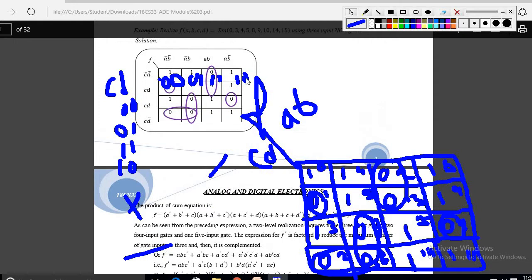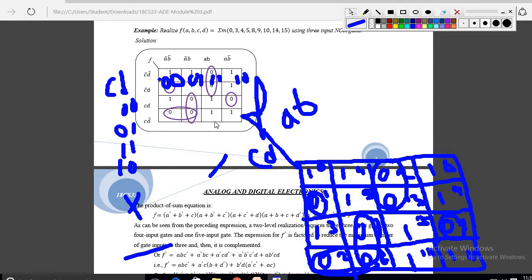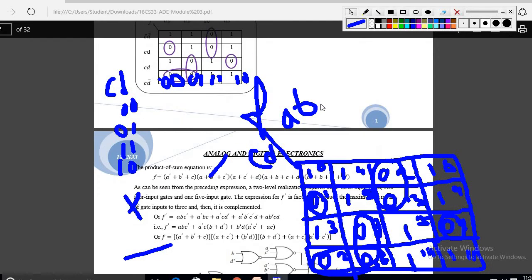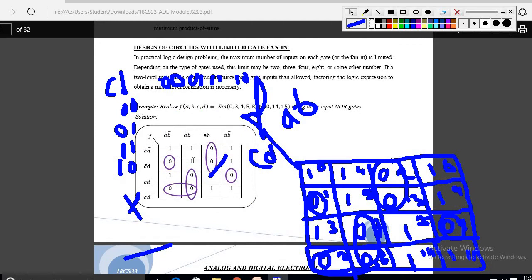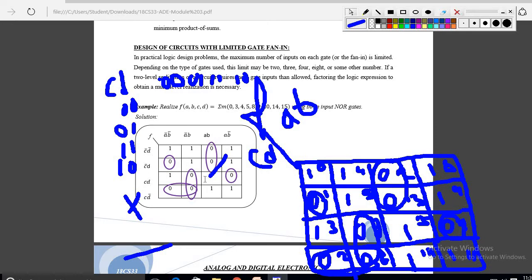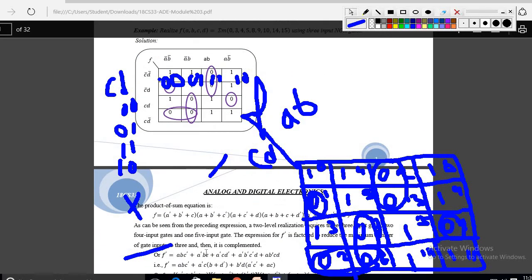Okay, first A B C dash. Okay, A B, what is the leftover term? C dash, D dash will go. So the next, coming to this grouping, here it is A dash B, no? A dash B is there. See here, A dash B is there, and here D dash will go. What is the leftover thing here? Only consider this grouping. C will be remaining, right? So A dash B C.